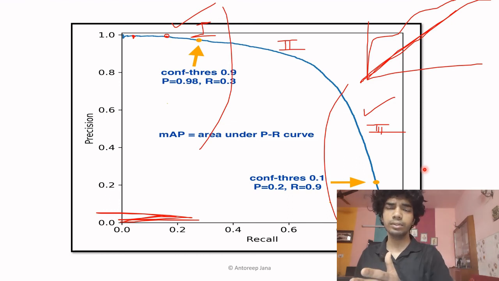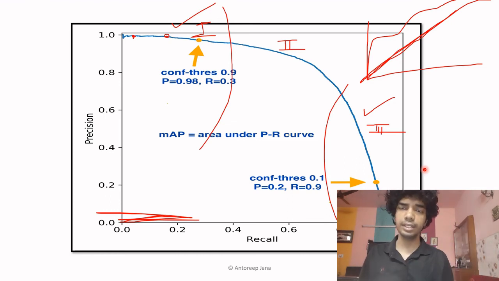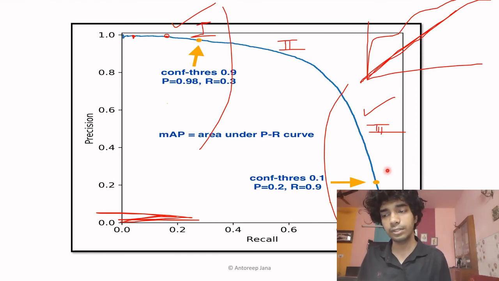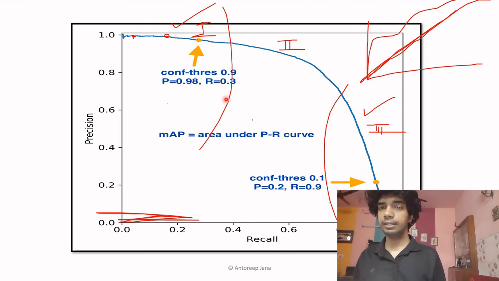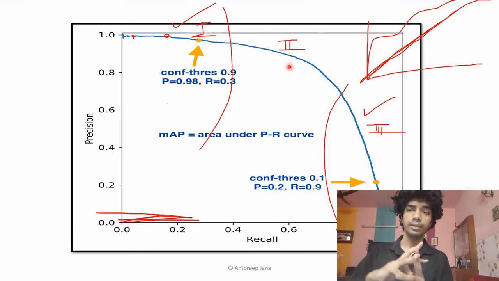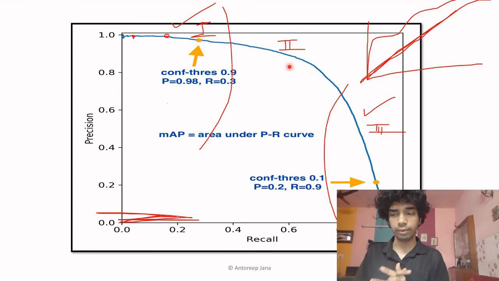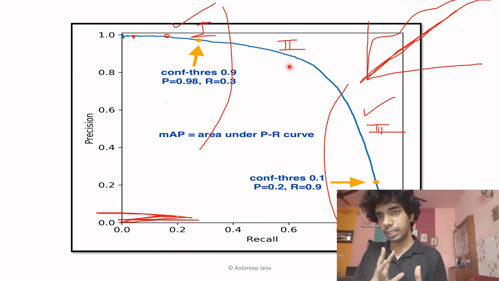So if your threshold value is low, your false negatives will decrease, but false positives will significantly increase. False positives increasing is an indication of low precision value, but false negatives decreasing is an indication of high recall value. And in region 2, we have an intermediate between the two, and the intermediate between the two is usually desirable.